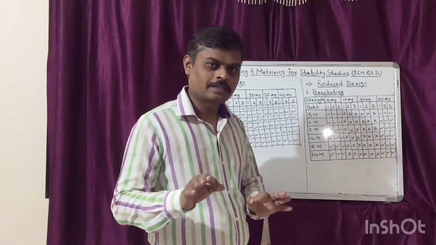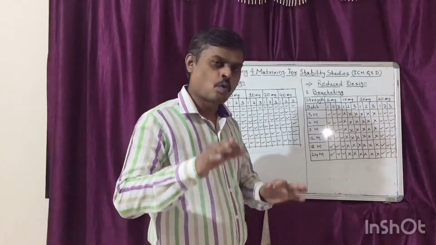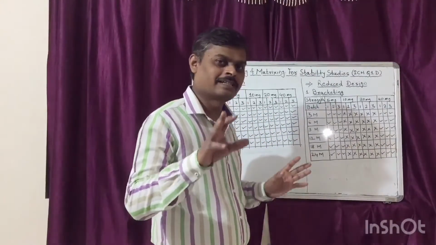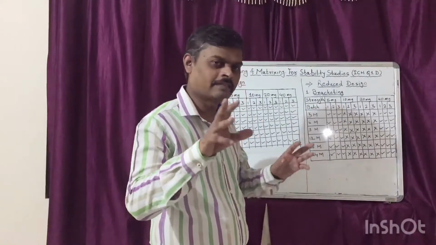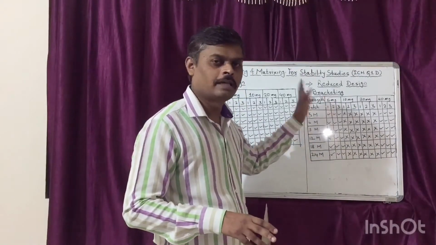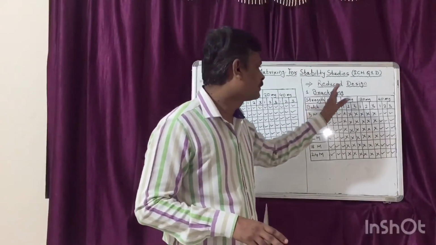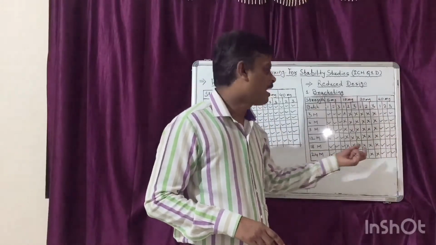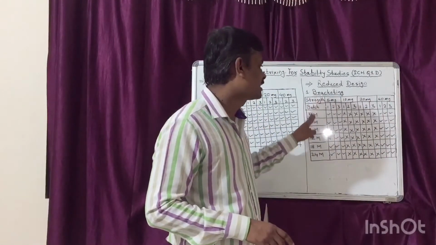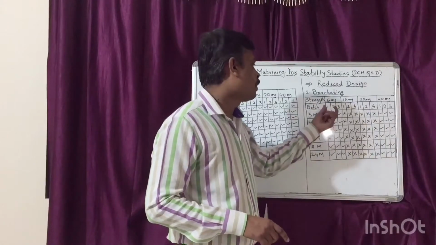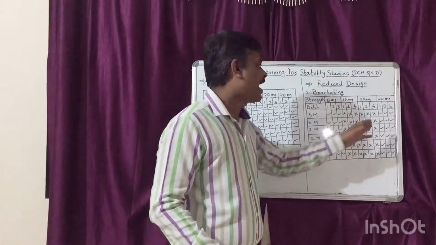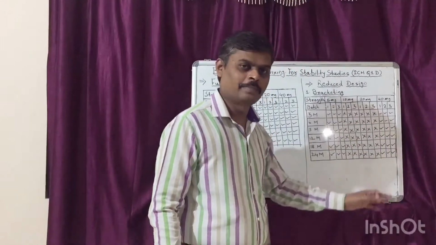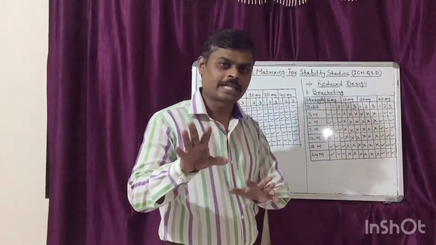So as per bracketing, only those samples which are on the extremes of certain design factors, here design factor is strength or label claim. So as per bracketing, 5 mg and 40 mg are extremes of this design factor. So only samples of 5 mg and 40 mg are required to be analyzed for stability study throughout the shelf life.